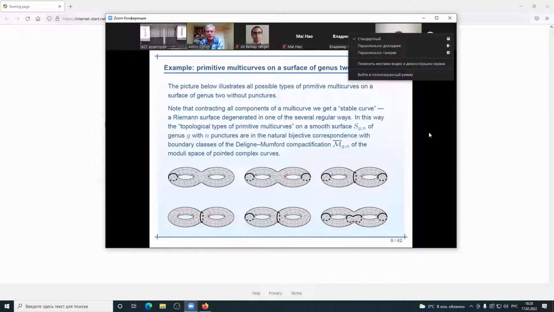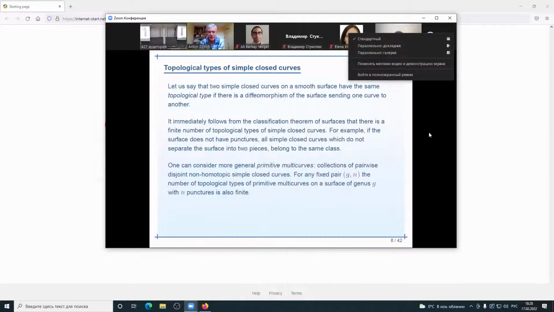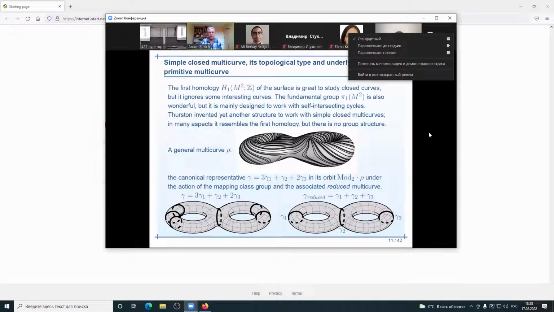Now, if you take several connected components with integer positive weights, sorry? Any questions? Apparently it was excellent. So if you take components with positive integer weights, then you get general topological classes of multicurves. Oops, sorry, I moved in the wrong direction. And to finish with this slide,